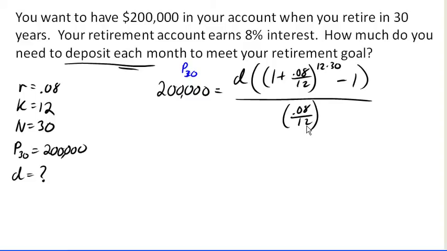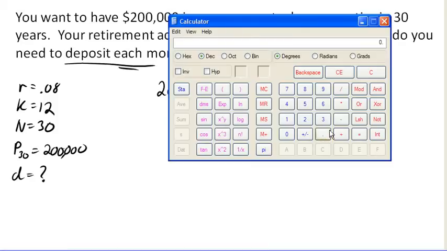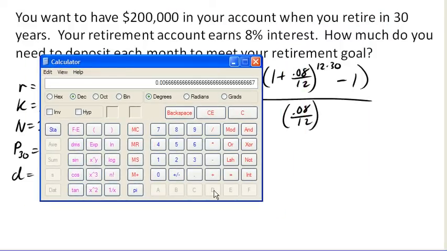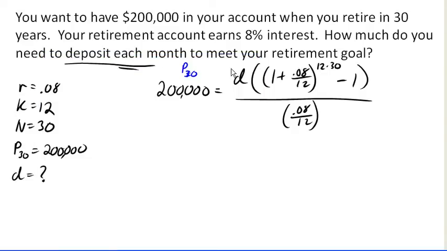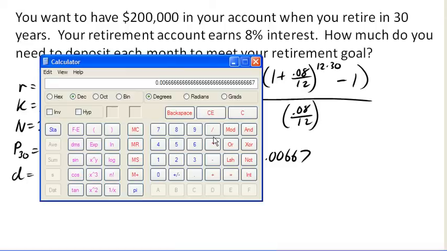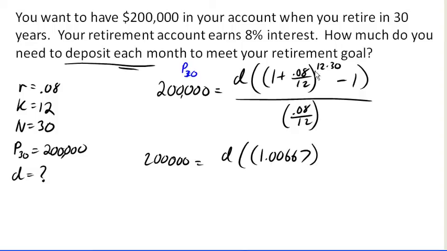As it is, this formula is kind of unwieldy, so I might go ahead and figure out what 0.08 divided by 12 is. Oh, that's an ugly number. Oh well, we know that we should keep at least 3 decimal places, so I could write 200,000 equals D times (1.00667, right, because I'm rounding this to 0.00667 and then adding 1) raised to the power of, let's see, 12 times 30 is 360, minus 1, all over